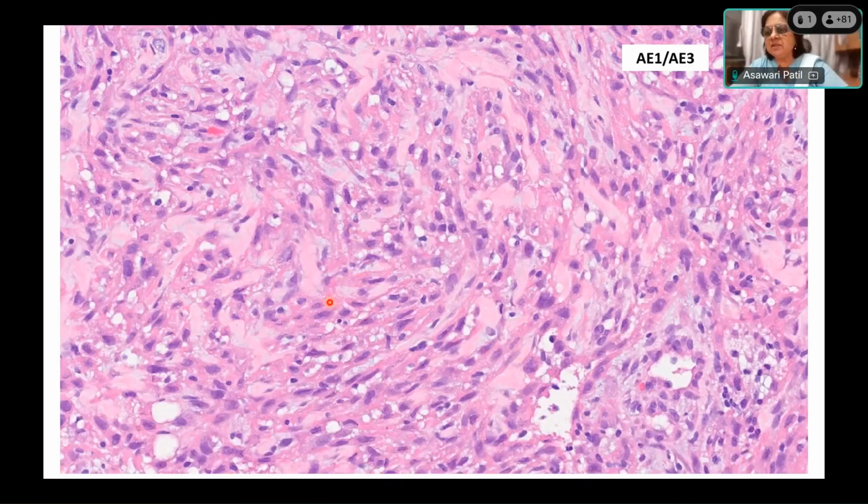So, do you think it's malignant? Yes, ma'am. So, what is the differential diagnosis of a malignant spindle cell neoplasm in breast? Good. It could be a metaplastic carcinoma also, ma'am, with a pure mesenchymal component. Yes, sarcomatoid or pure mesenchymal component is one. Second,